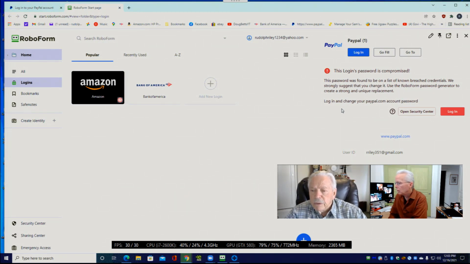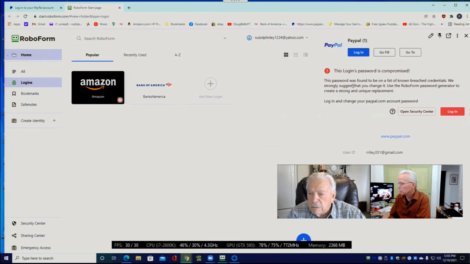That's interesting. I feel that I've used this password many times on different things, and I may have opened myself up to a lot of problems. Yeah.